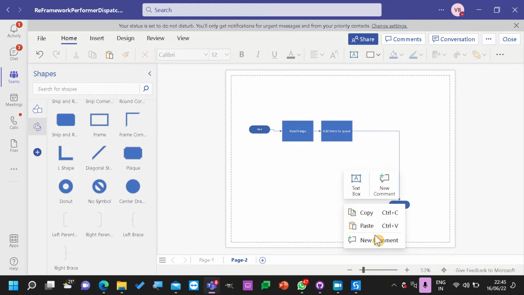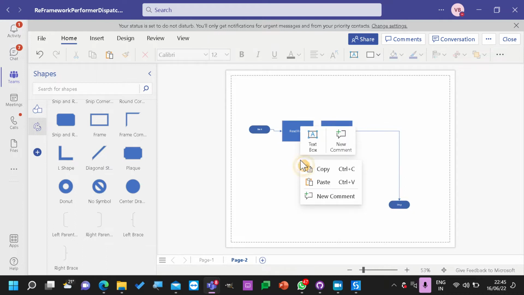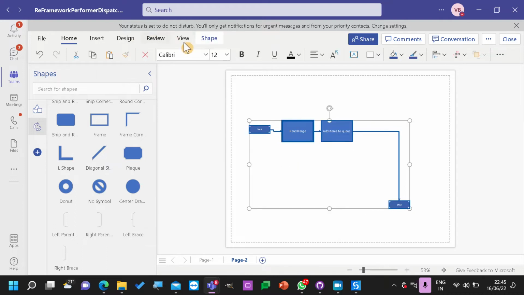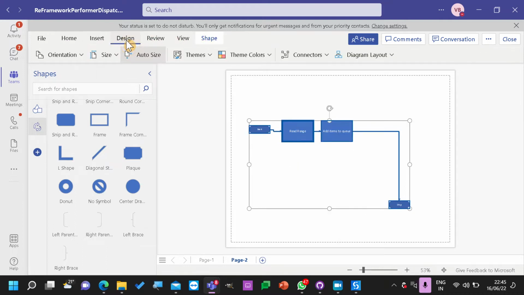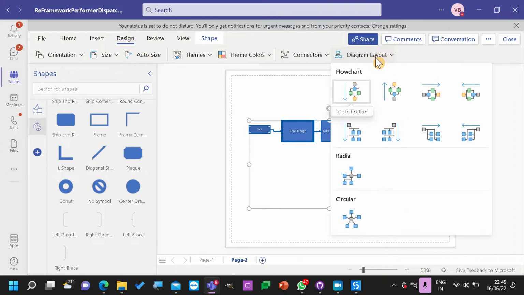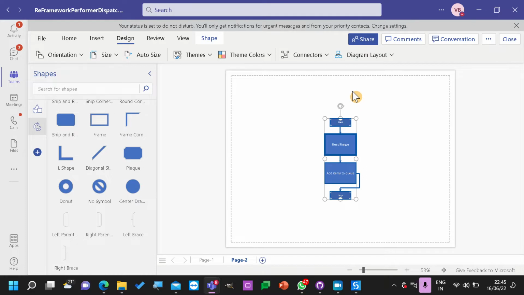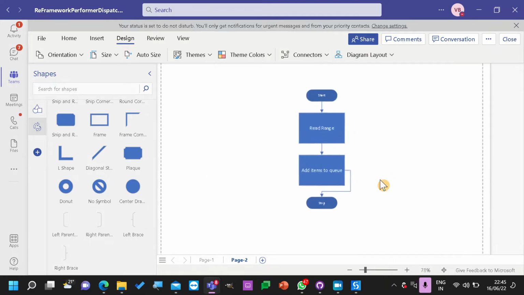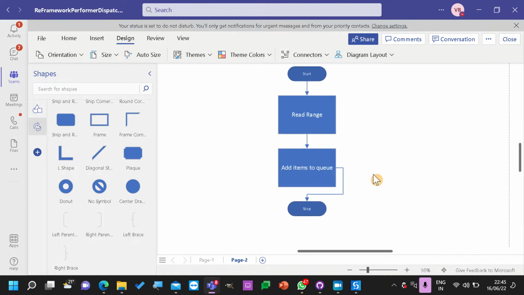If I can just close it, yes. So what exactly is happening? I start, I read a range, I add items to queue and then stop, nothing else. So can we say that this is only a dispatcher process?